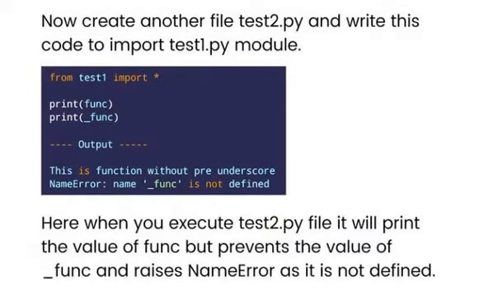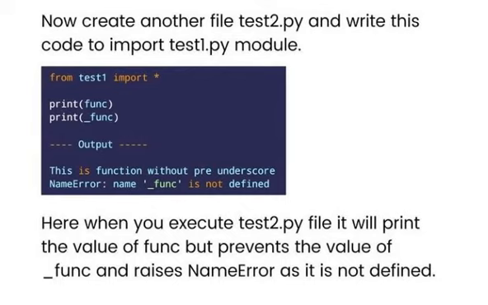Now create another file, test2.py, and write the code to import the test1.py module. In the previous case, we created a file test1.py with two functions, and I am importing those two functions here. From test1 import star. Import star means all the things from test1. So print func, print underscore func.